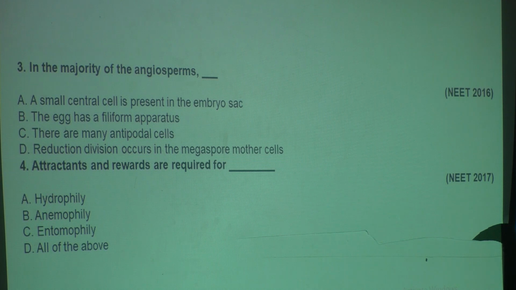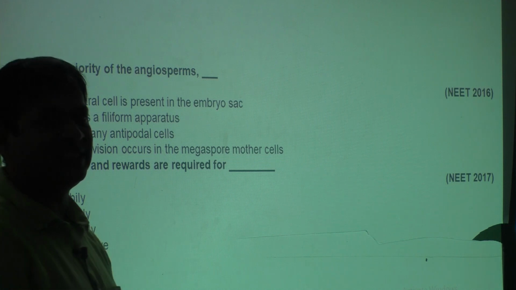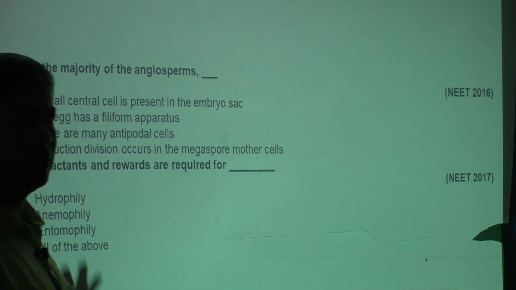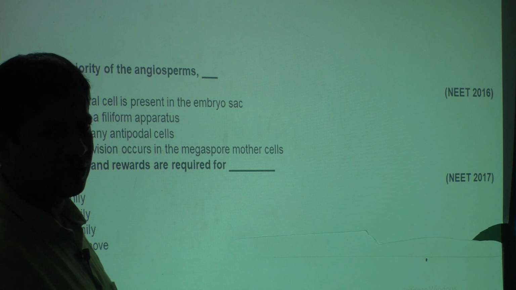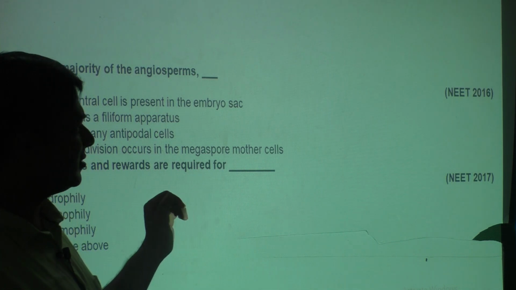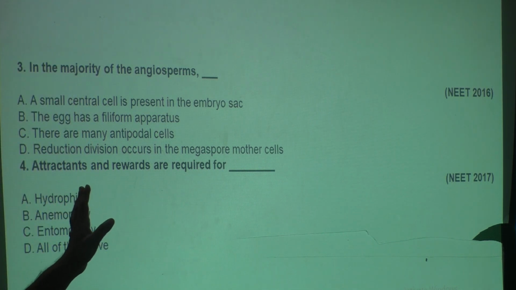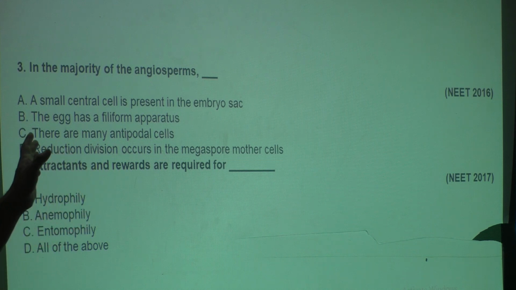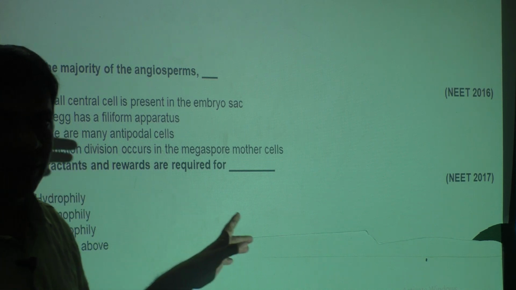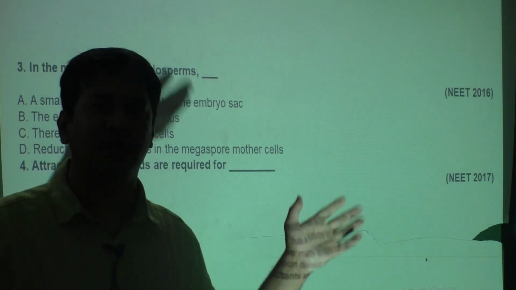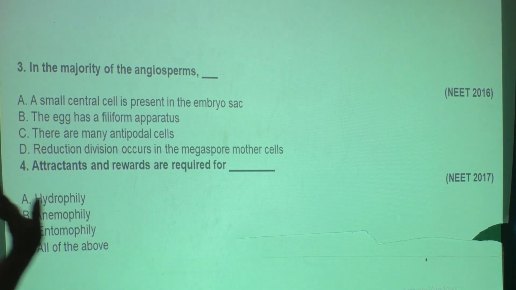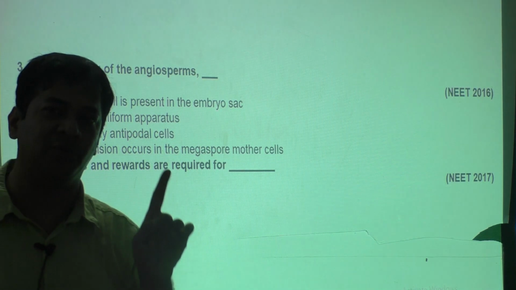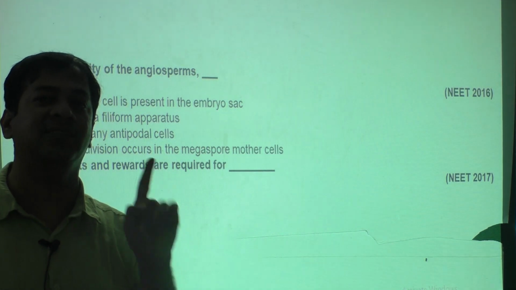This is also a question asked in NEET 2016, which we are going to learn next. But you know this because in first year also you had double fertilization, triple fusion, and theory you have already learned. This is a direct textbook question only. So by this you will come to know that they are not asking anything much beyond the textbook. They are asking NEET questions based on the textbook only. That is why I say you should read the textbook word by word. Every sentence in the textbook you should know.